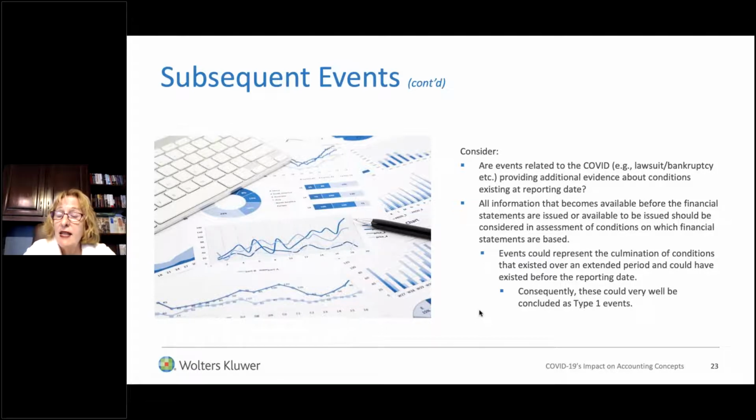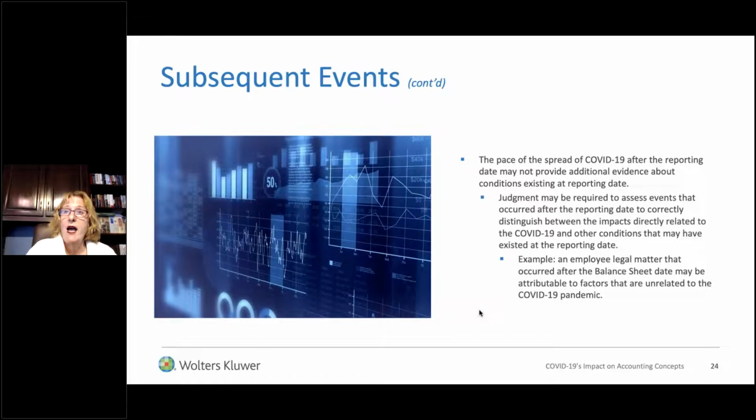All information that is actually available to you before the financial statements are issued or available to be issued should be considered when you assess conditions on which your financial statements are based. So events might represent the culmination of various conditions that existed over a period of time and could have existed maybe prior to the reporting date. So those could very well be concluded as type 1 events, but this is one of the other areas that the SEC and PCAOB and FASB has said, okay, if you're going to make a distinction between type 1 and type 2, make sure you appropriately document your